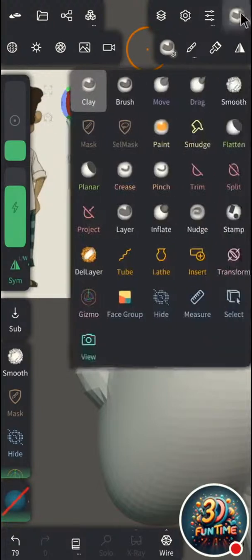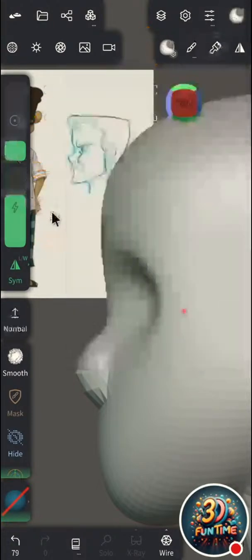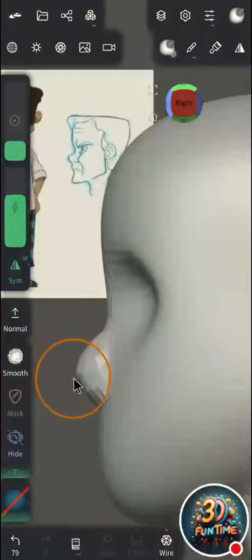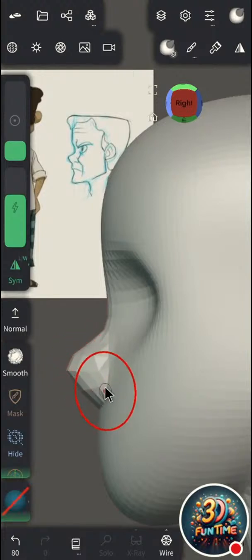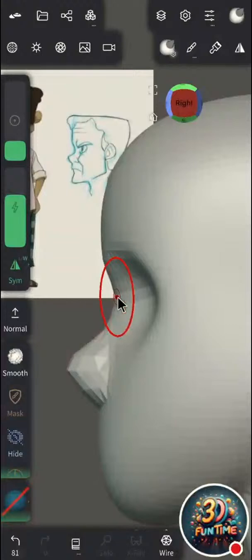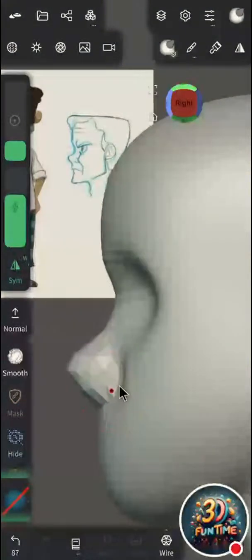I would like to use the move brush, and I would like to make it like point, and I also push it inward and make this area of the nose backward, as we have to make the